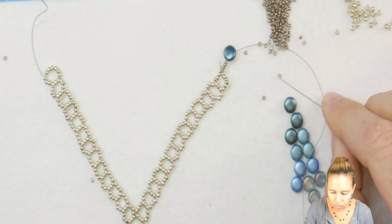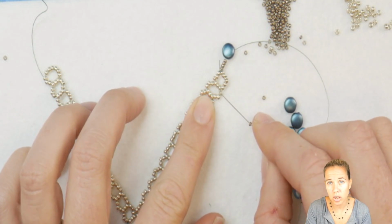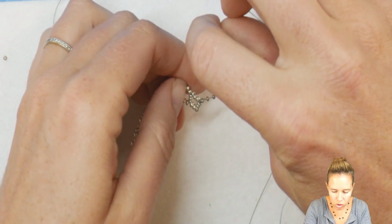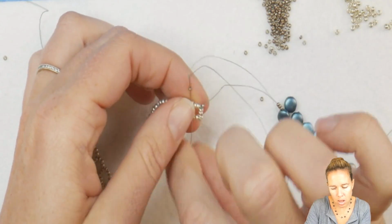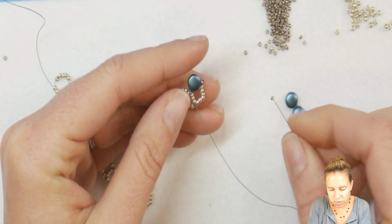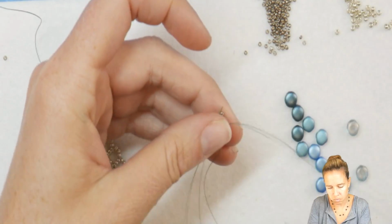add 1 of my 15s, and then you're going to go to the next section across of that box. So you're going basically to all of that connection area. I'm going to sew through from the right side, which my thread is currently coming out of along the top, and go through all 3 of that side of my right angle. Coming out, add 1 15, go through the other side of the DiscDuo,